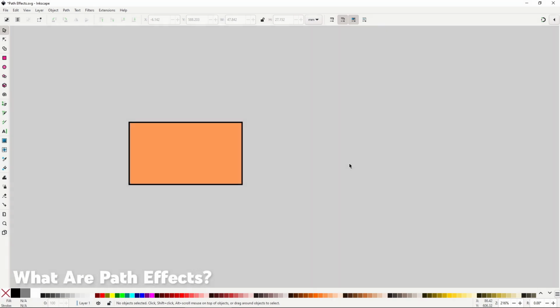First of all, let's define exactly what path effects are. Path effects are a feature in Inkscape that allows you to do some really awesome operations on paths. I like to think of them as extra tools that you use to do some particular things, but with the added benefit that they are non-destructive, meaning that at any time you can delete the path effect and all the changes made to the path are reverted, and that you can stack them one on top of another to get different results. To open the path effect dialog, go to Path,